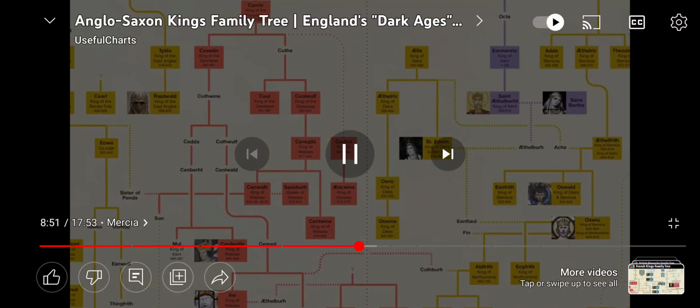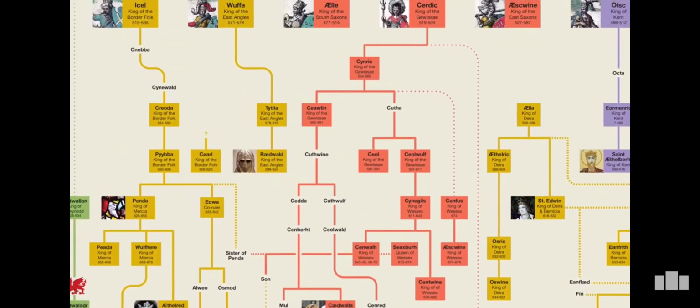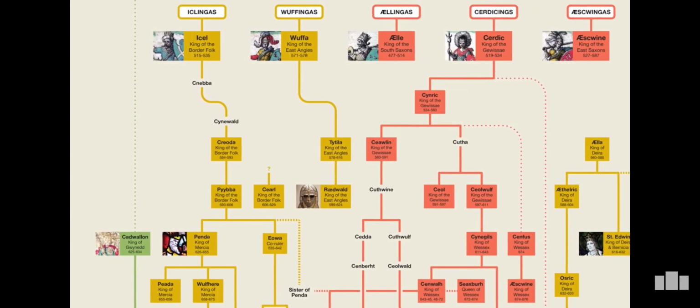At this point, let's turn our attention to the Kingdom of Mercia, which was located just below Northumbria. The word Mercia comes from the word march, which at the time simply meant the borderlands. In Mercia's case, the name likely referred to the border between the Anglo-Saxons and the Britons. So, initially its rulers were simply the leaders of the border folk, but eventually the area evolved into a kingdom that was officially known as Mercia.